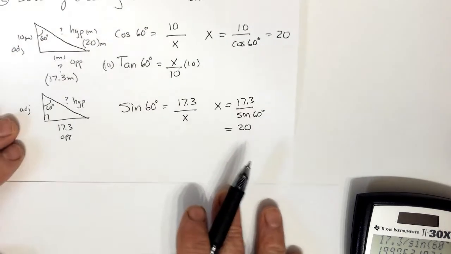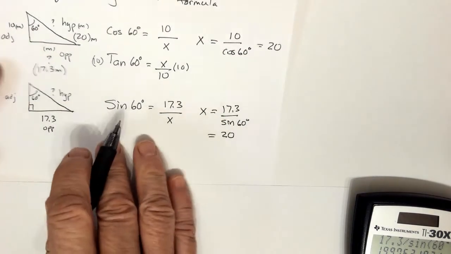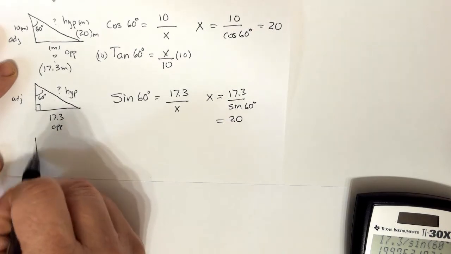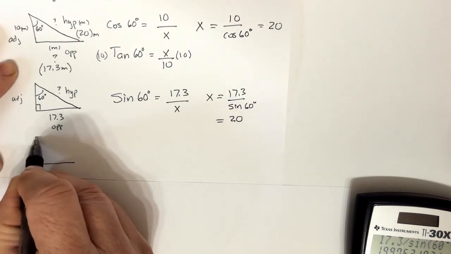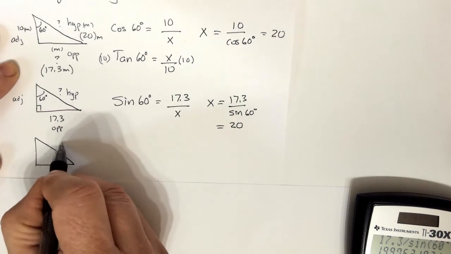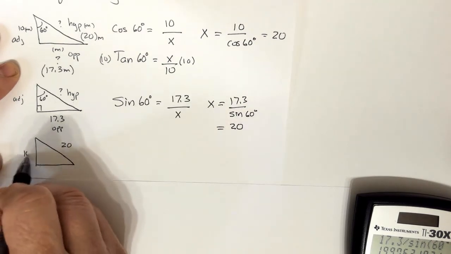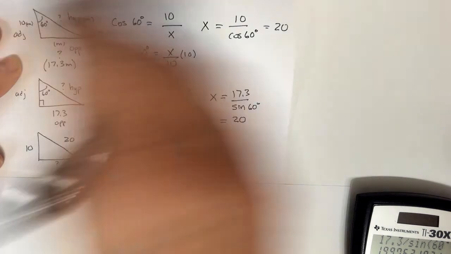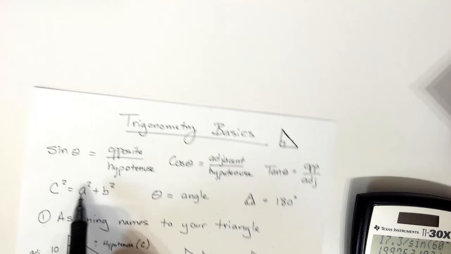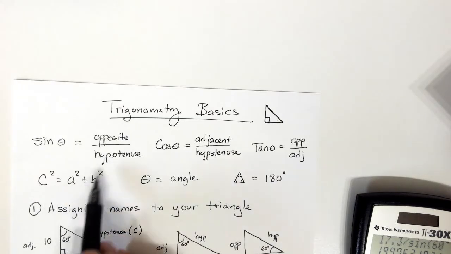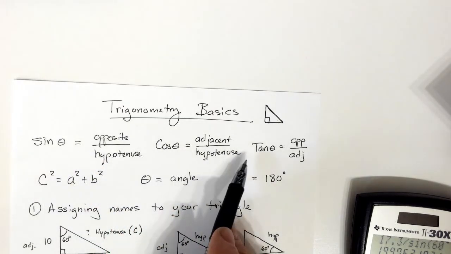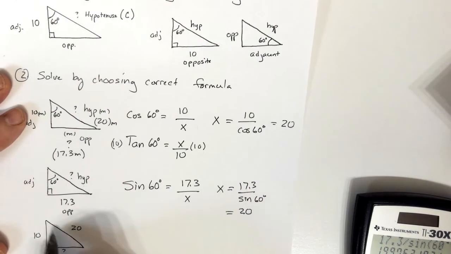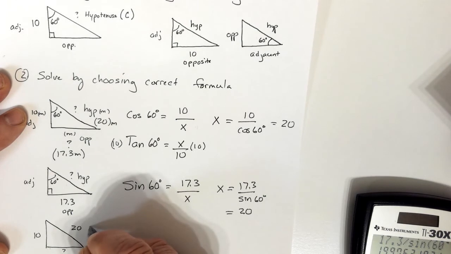What if we had our triangle here, and we had a situation where we had this 20 and this 10, and I wanted to know this side, but they never gave us any angles? Well, that's real simple. We just simply use the Pythagorean theorem because it relates all the sides together and no angle information is needed. Remember, the longest side is called C,